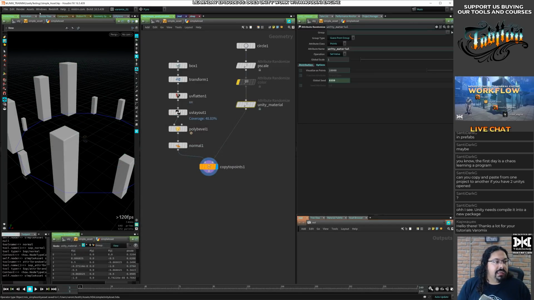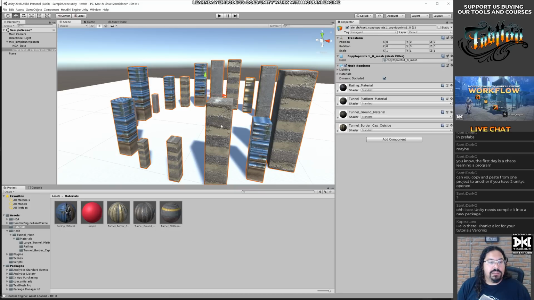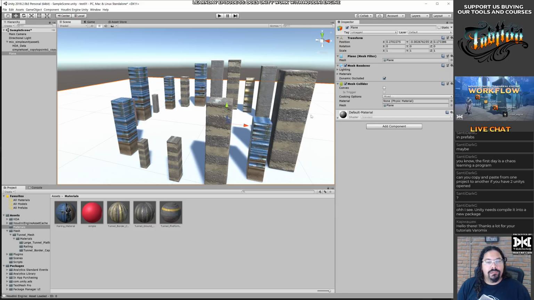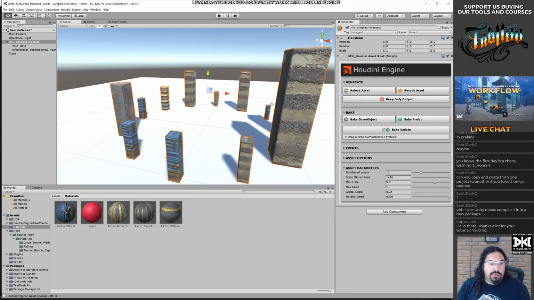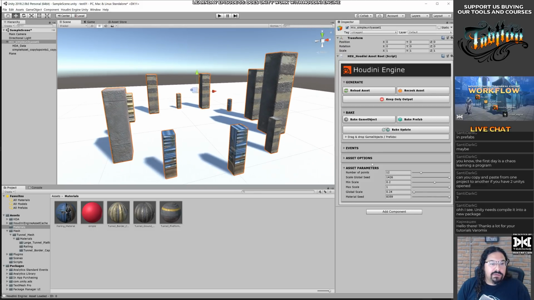We have working. Of course if you have your good working asset, it will. I don't know why I do this. Am I a freaking robot or what? Alright, let's refresh this guy. All right, I know. I'm getting the hang of this. It's working. So you can see we have those materials, but now I can just randomize the materials if I don't like what I'm seeing.